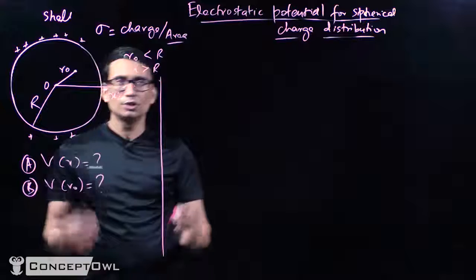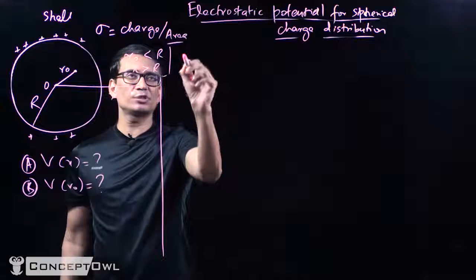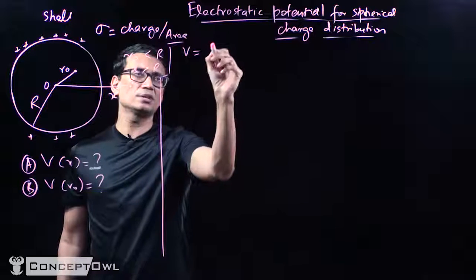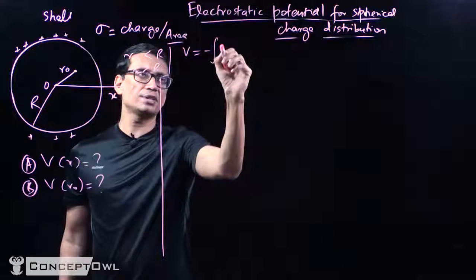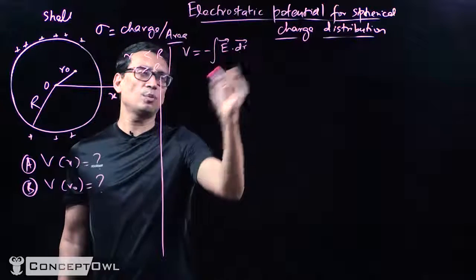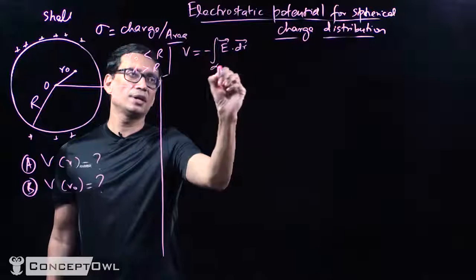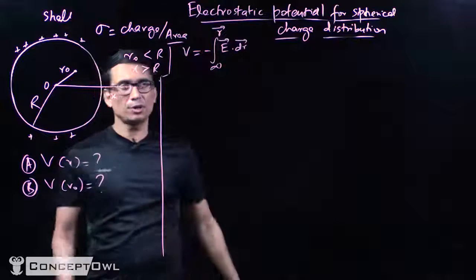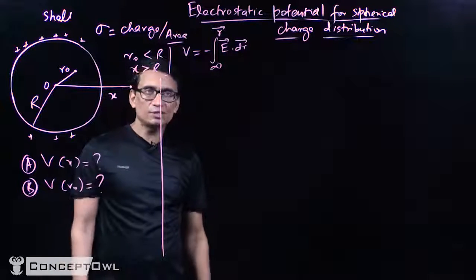So first let's start with the basic definition. So what is the definition? V at any particular point is the negative of the integral of E dot dr, where r goes from infinity to whichever point you're talking about. Okay, so now let's take the